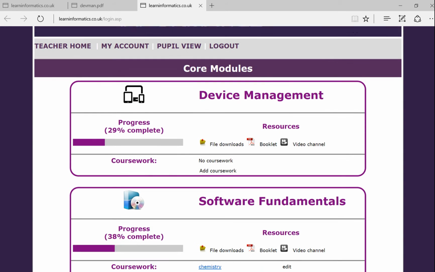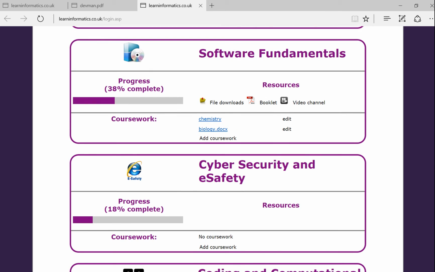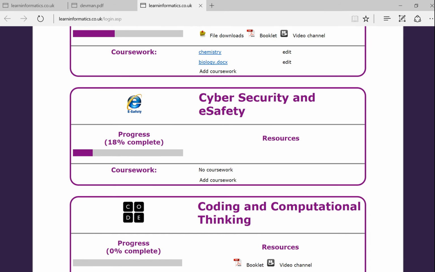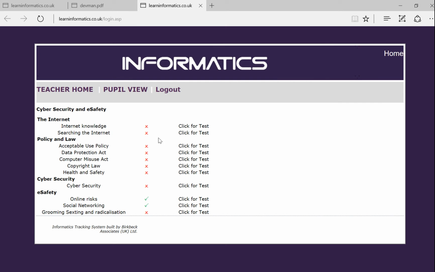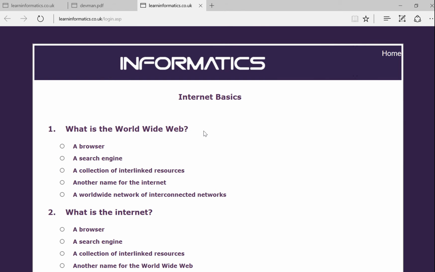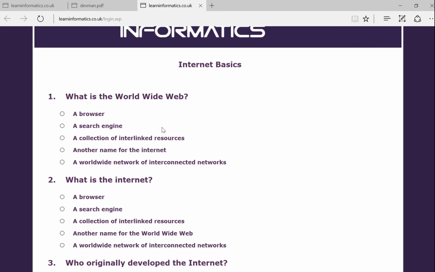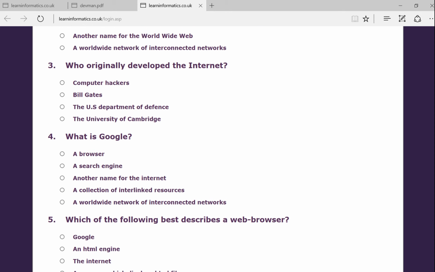Finally, from a pupil's perspective, some of the exercises require online testing. And so if we go into cybersecurity, for example, we can see here there's a click for test option. If we click on the test, there's now a test on Internet Basics. So what is the World Wide Web? Quite a few people think that that's a search engine, for example, so they might click on there. And then they make their selections, say the US Department of Defense,